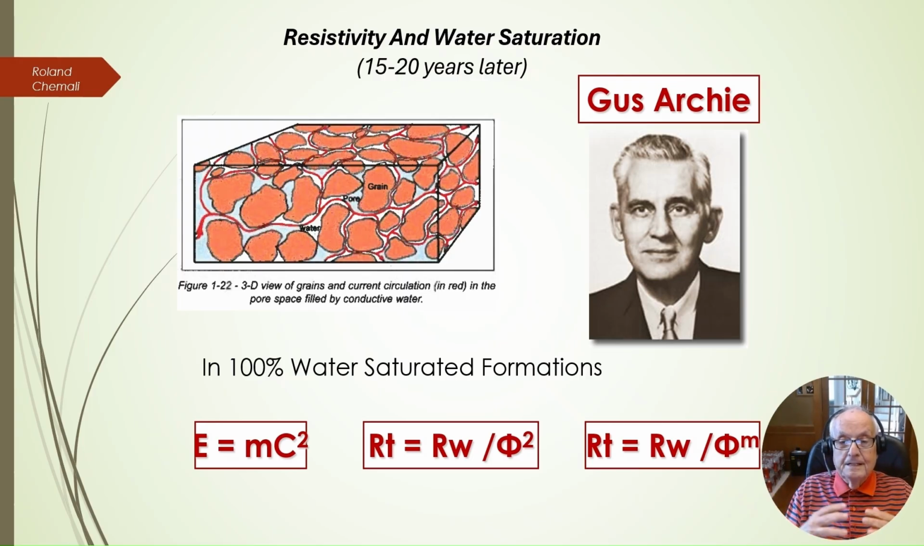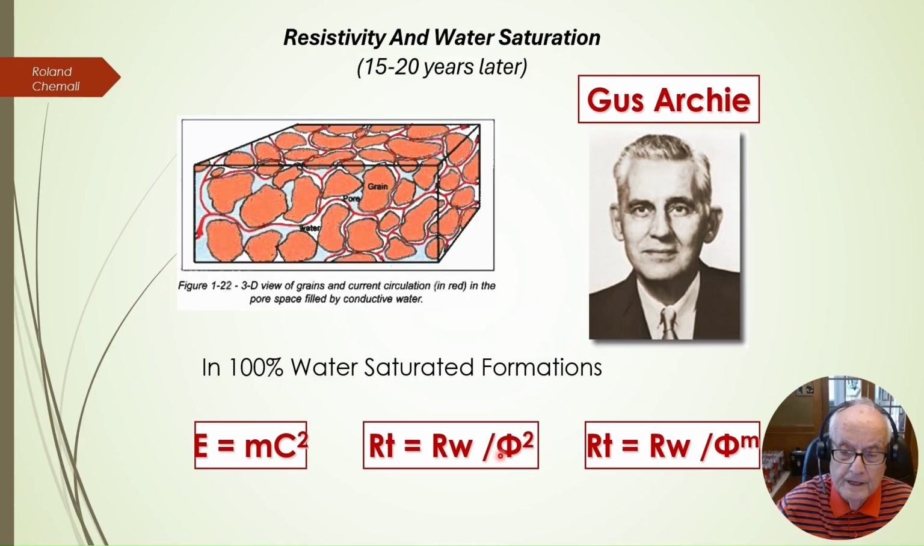Fifteen to twenty years after the Pechelbrunn event, a gentleman by the name of Gustav Archie tied resistivity to porosity and water resistivity in formations. He did a lot of measurements on cores and found some kind of a law, the much maligned Archie's law, which we all know as RT equal RW over phi square in its most simple form. RT is the resistivity of the formation or the core, and RW is the resistivity of the water that's filling the pores, and phi is the